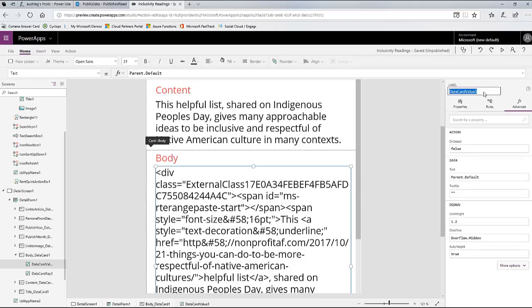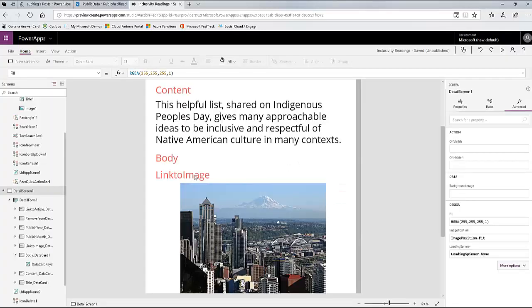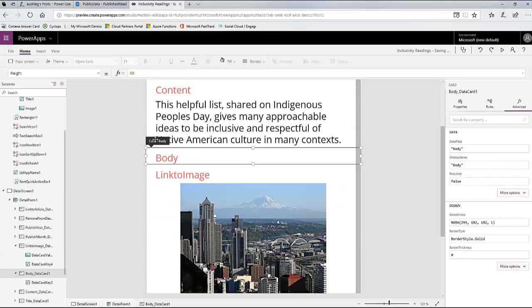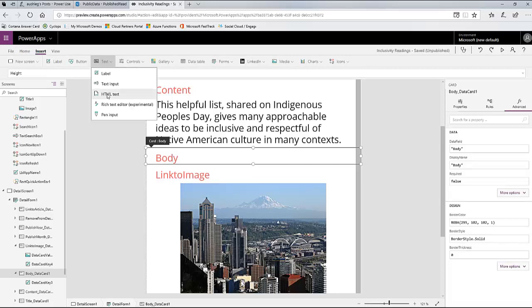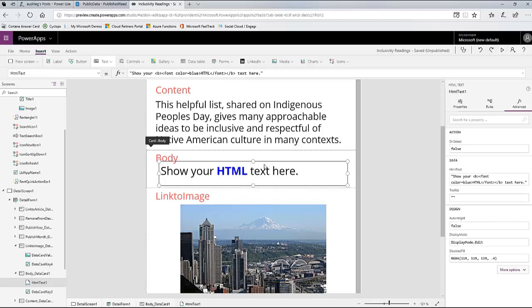Now I'm going to just copy the name of it because I want to keep the name. And the only reason is because if there's any formatting that's referring to it, I just want to be able to get to it. So I'm going to just delete that field, re-highlight that card, making sure that I've unlocked it, and then I'm going to insert a text control called HTML text. And this will help us with this problem, okay? Now I'm going to move that down a little bit under body,